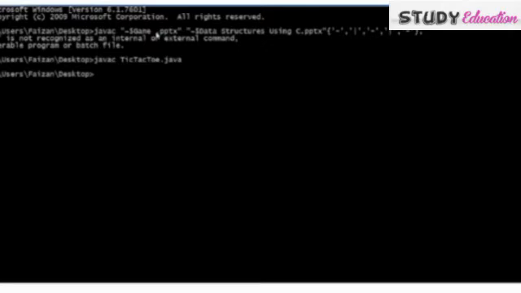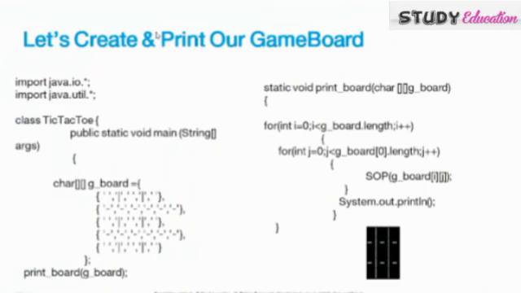Let's see if there are any errors. No errors are there. Okay, there was no rocket science in it. It was just getting a 2D array to look like a matrix. So this is our matrix. The board is done. This is the first step. Now let's go ahead and